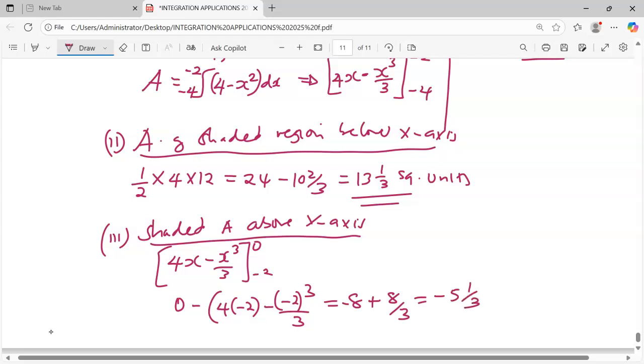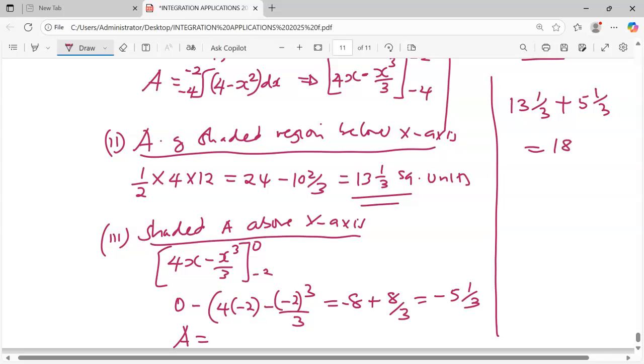The negative sign implies that the area is below the x-axis, and therefore now to get the area we are looking for, we already have the area that is below the x-axis as 13 and 1/3. We add 5 and 1/3, and this one is going to give us 18